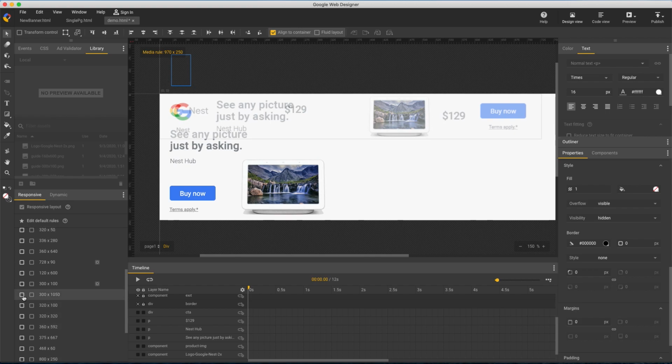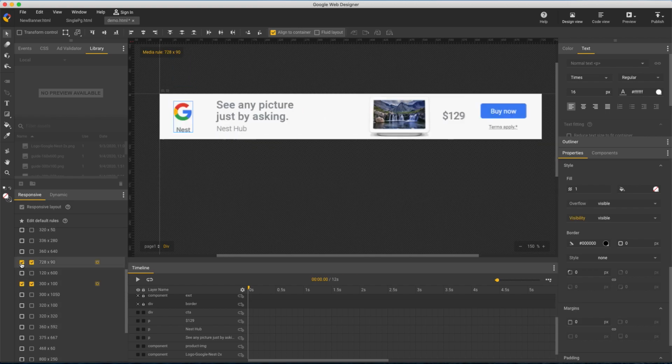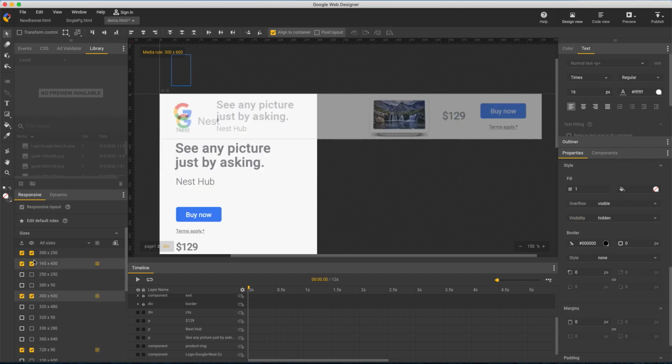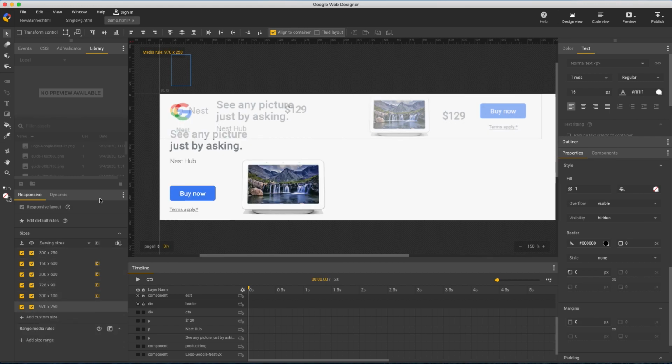I'll go ahead and check all my sizes, then to make it easier to manage, I'll filter to show only serving sizes. Then set the viewport and default rules for the guide.